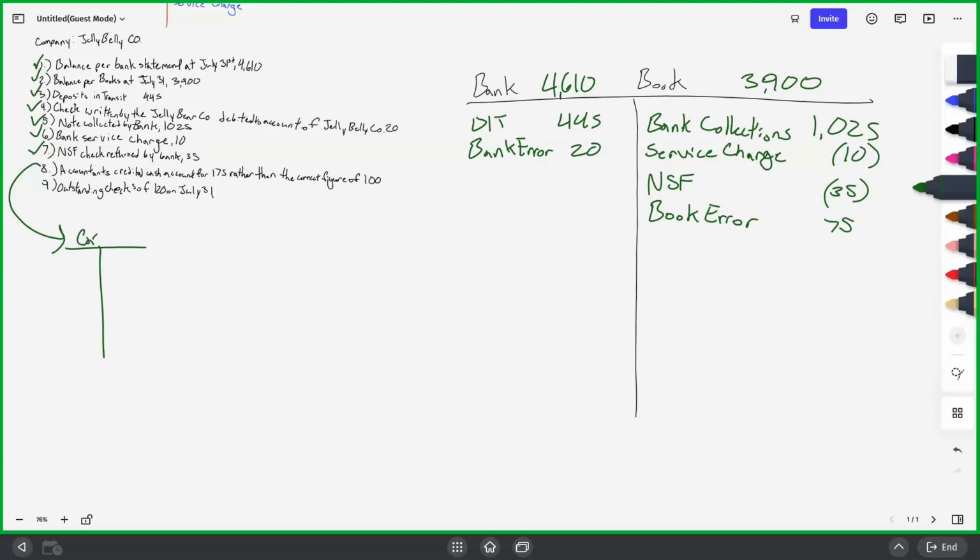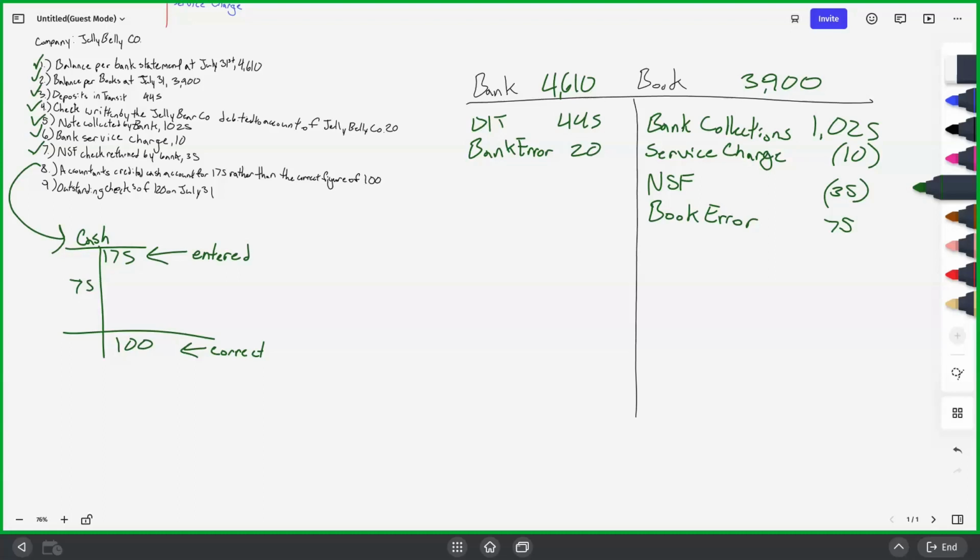So we know we're messing with our cash, and you put at the very beginning what was entered, 175. And then at the very bottom, you put the correct figure, which is just 100. From that, we know, all right, we credited way too much, and we have to debit back 75. And when we're dealing with a cash account, when we debit cash, that means we add it back in.